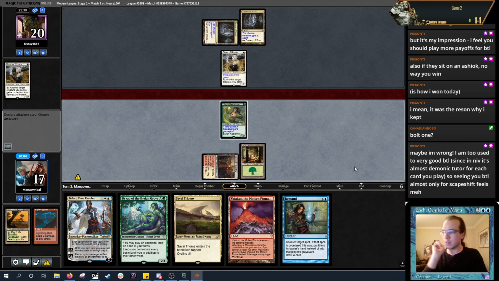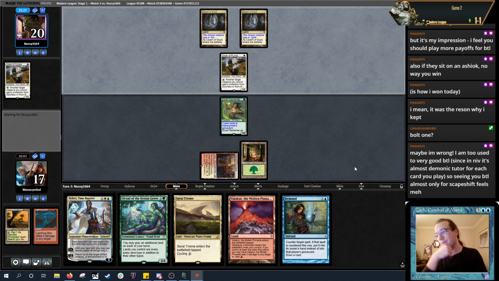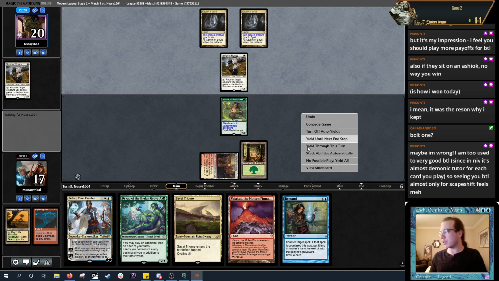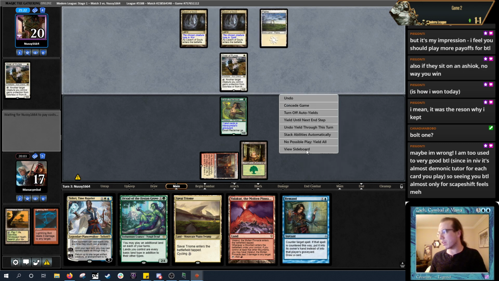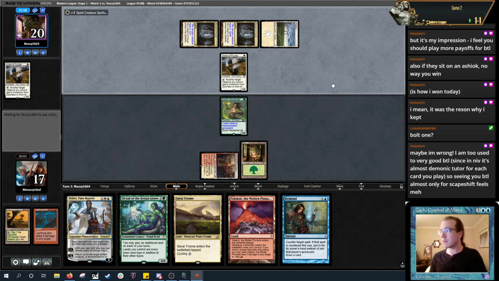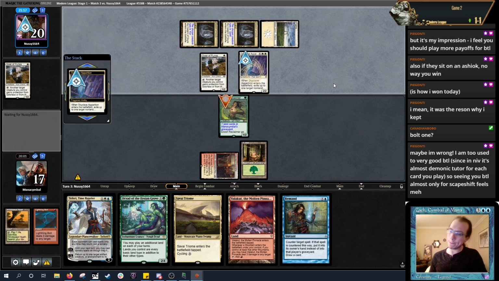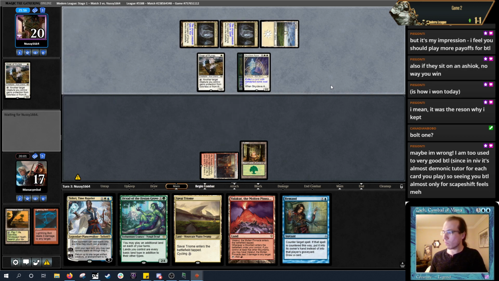Okay, I would like to draw an untapped land. Did I not board out my Bojuka Bog? That is 100% what I should have boarded out. Yikes. All right. I mean, we're okay, but...